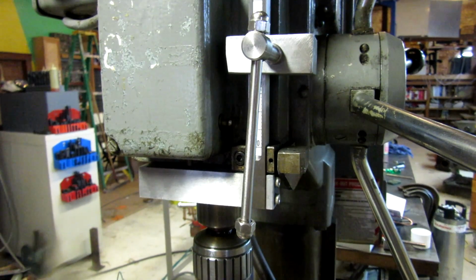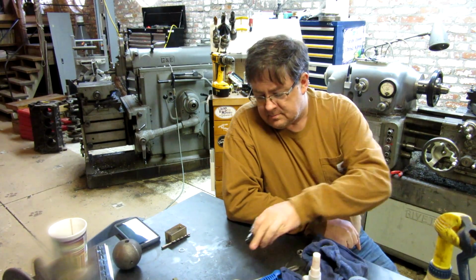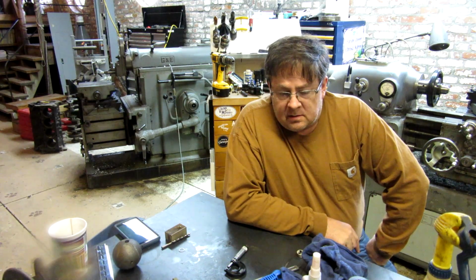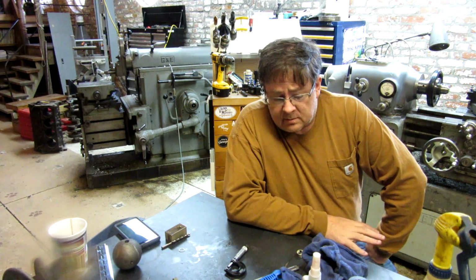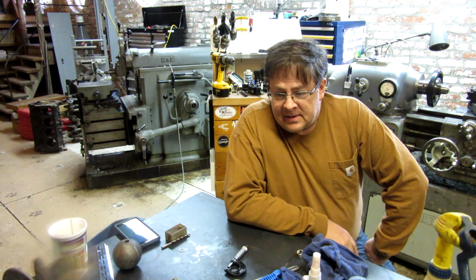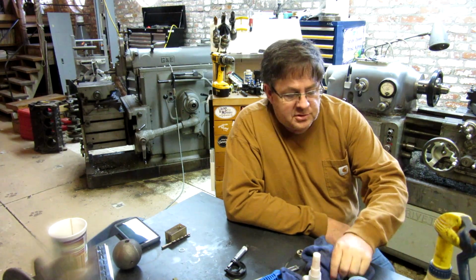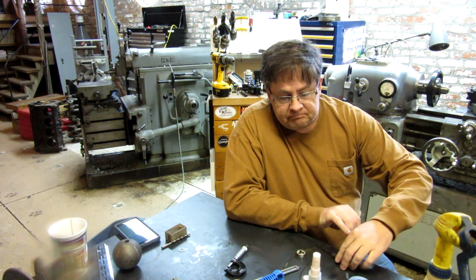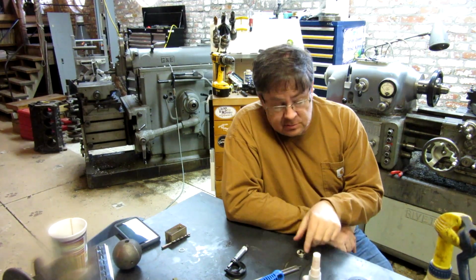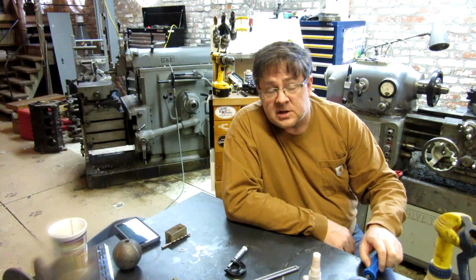The depth stop is functional now, at least say 75% of the way. So there we go. That pretty much completes the Alzmetall Depth Stop. A little bit of work left to do, but not a terrible amount. We're going to have a Feed the Monster / Shop ADHD coming up soon, so look for that. And then as soon as this is done, we have another project coming up, so I want to show you